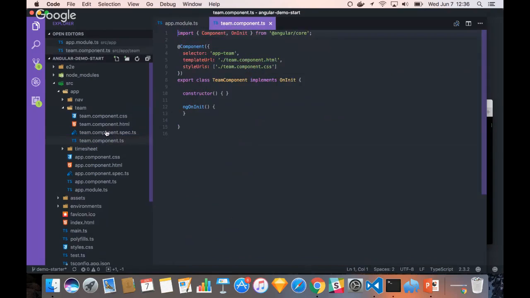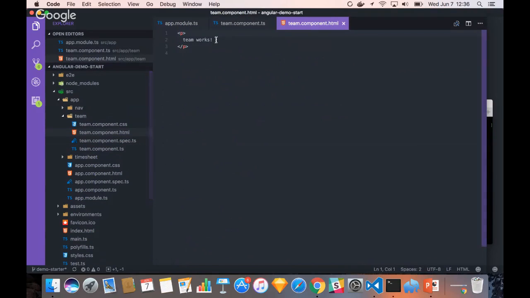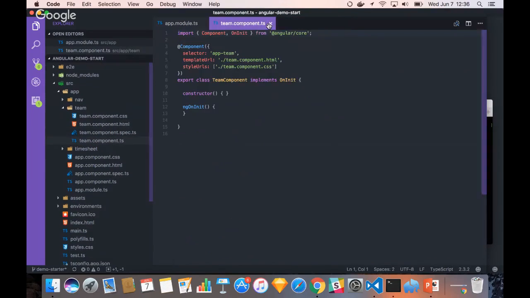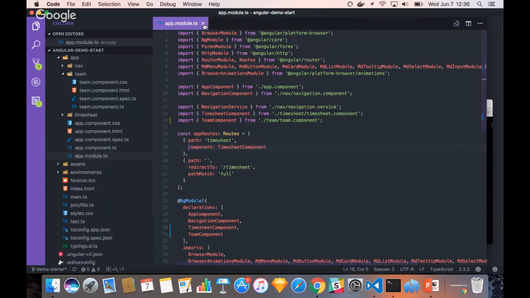So now we've got just a base component. All that's going to say is, hey, team works. So it's kind of nice. You can just plug it in and test it right away. So what we'll do now is say